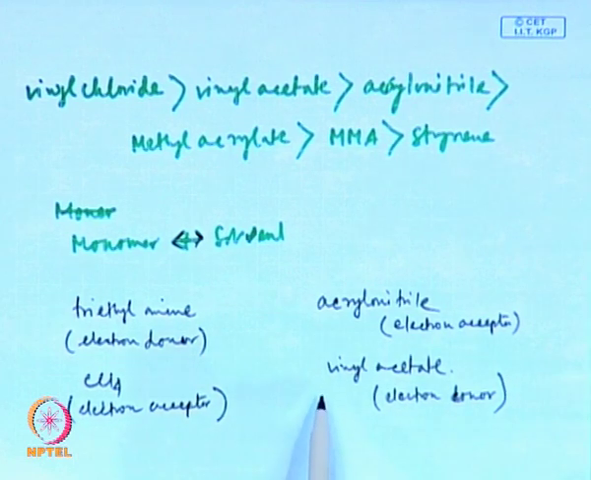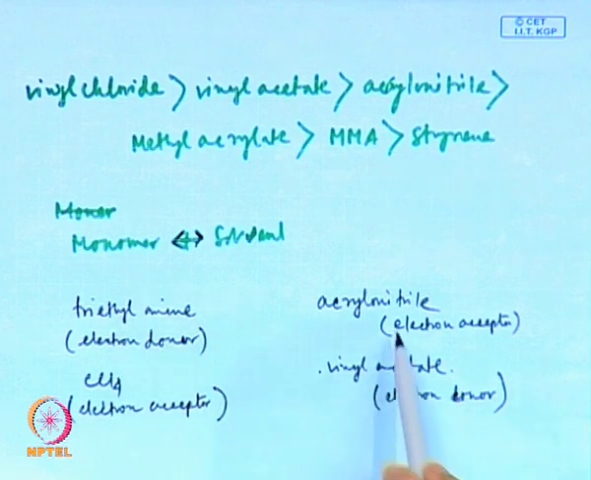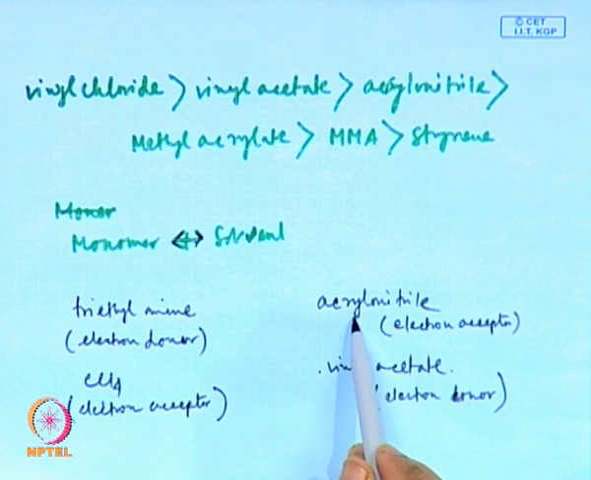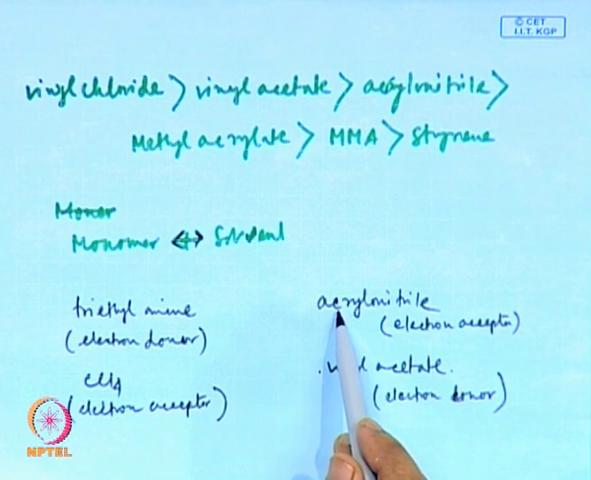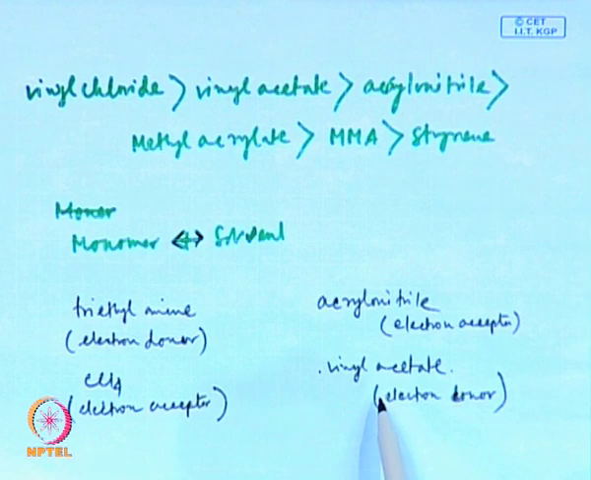So, obviously, this will have more tendency to react or undergo transfer reaction with CCl4 than triethylamine, and between these two monomers, acrylonitrile has more tendency to undergo transfer reaction with triethylamine compared to vinyl acetate. So, if you compare the values,